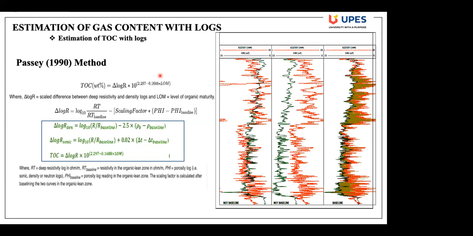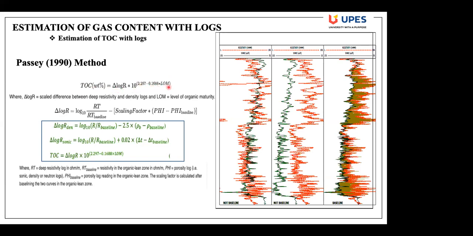So in that case, what we will do is take exploratory well core samples and analyze them in the laboratory, and we will extrapolate that one or two wells' data and integrate it with well log data. There are some numerical equations derived by Passey and Smoker. Here are the numerical equations. TOC you can calculate using delta log R times 10 to the power,